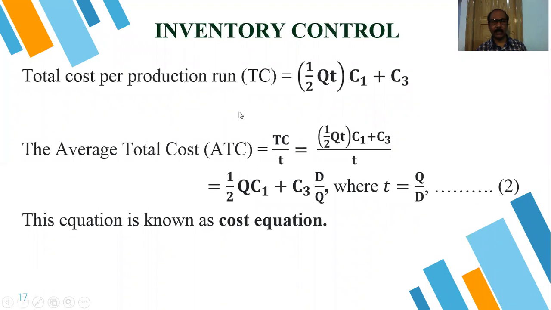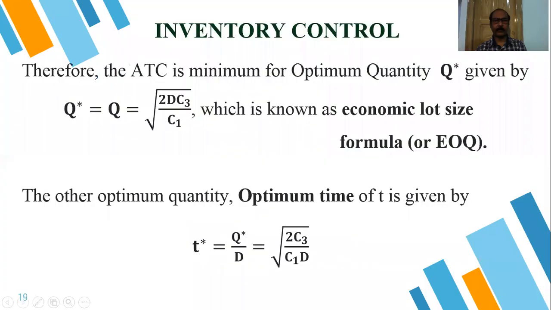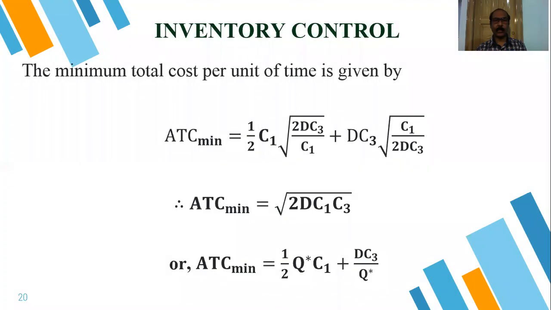From that we are using that value from this part. Q star, we can see. Now half C1 we put it here, twice DC3 by C1, this is the Q star, and from that we have put it there,